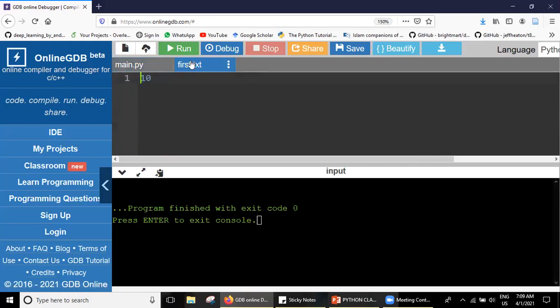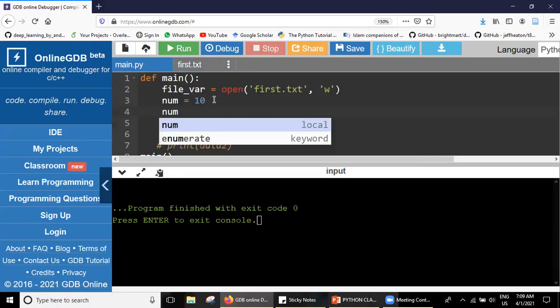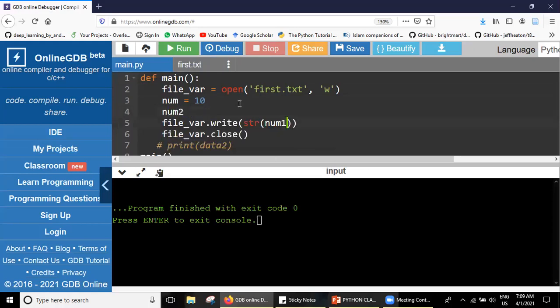Yes, I got it. Now just tell me something. I want to store another number, number 2. I'll write this as number 1. Now I want to take the number from the user.